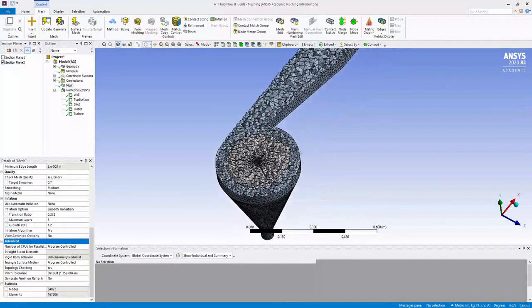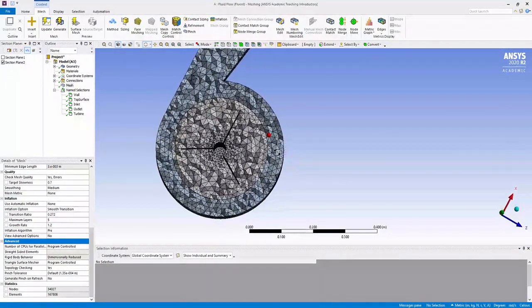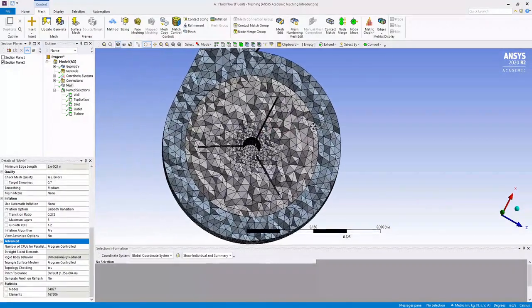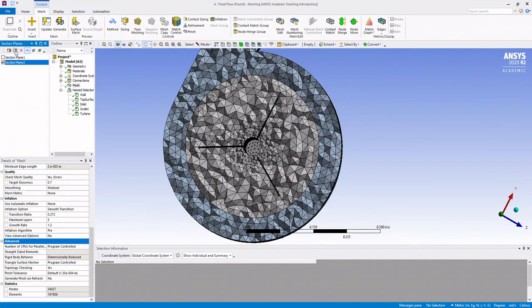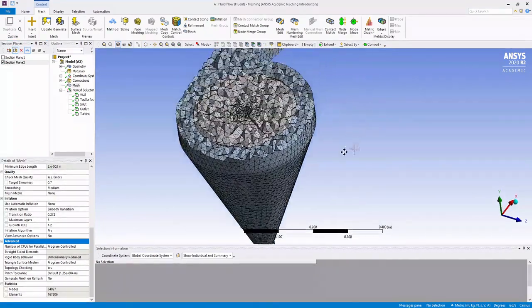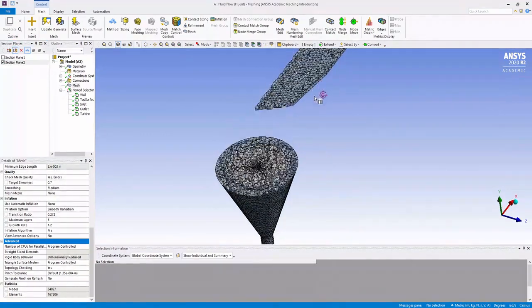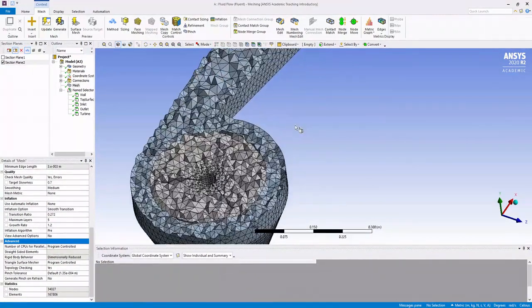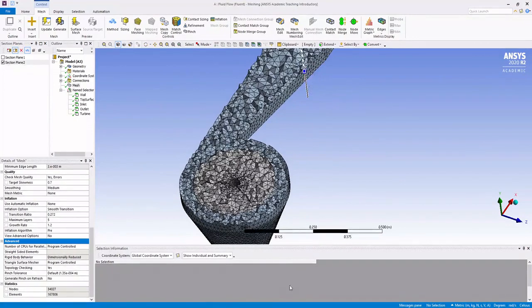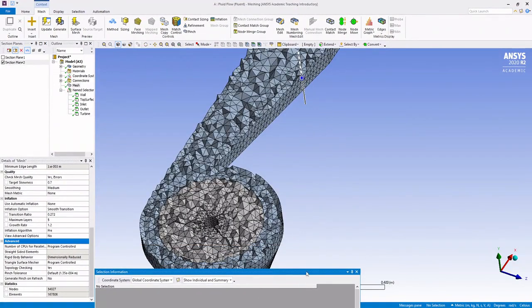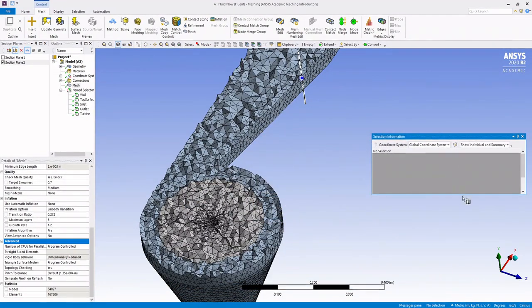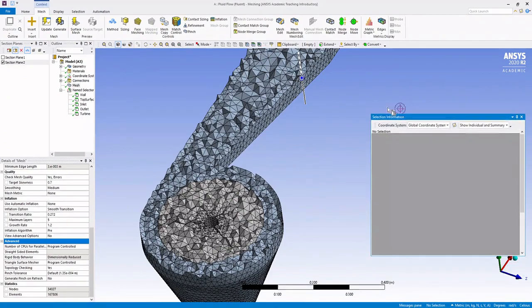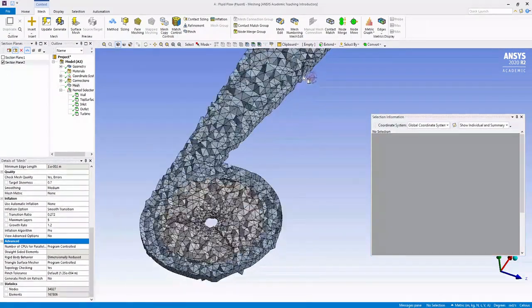Now you can see how your plane looks like through the cross-sectional area of your basins. You can edit also, move it up and down to see how it varies, how your mesh varies. In the Y directions,